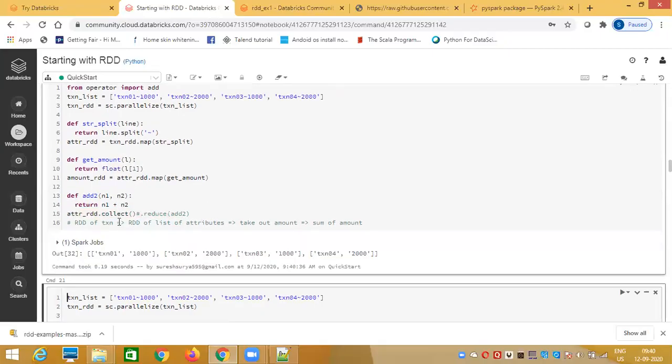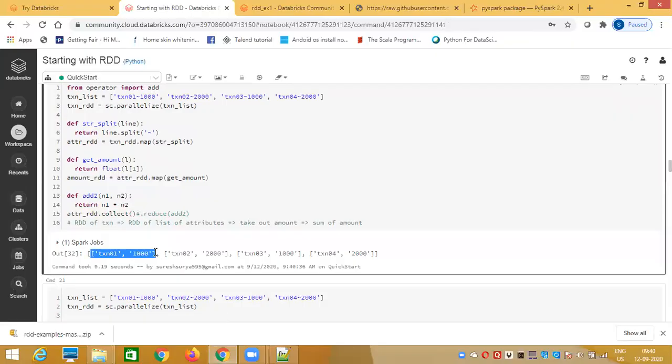Up to this part is clear, right? Each and every record is just broken into a list of substrings. The first substring is basically a transaction ID and the second one is the amount. This part is clear? Yes. From the next statement onwards, you are not clear, right?